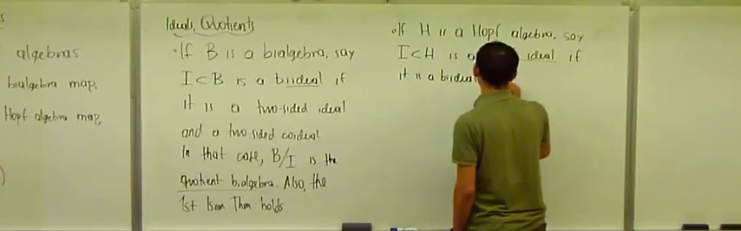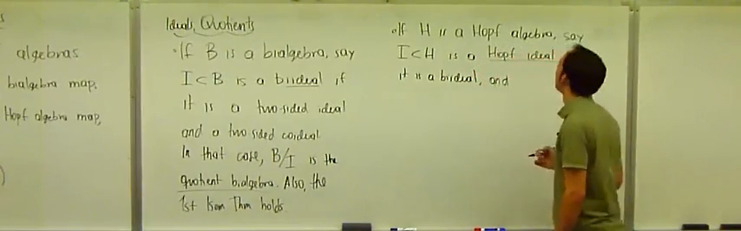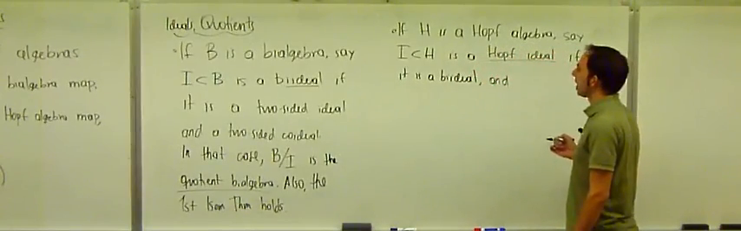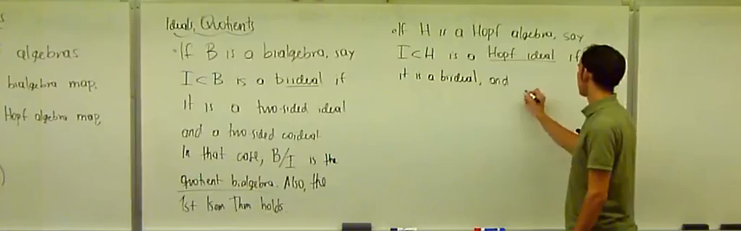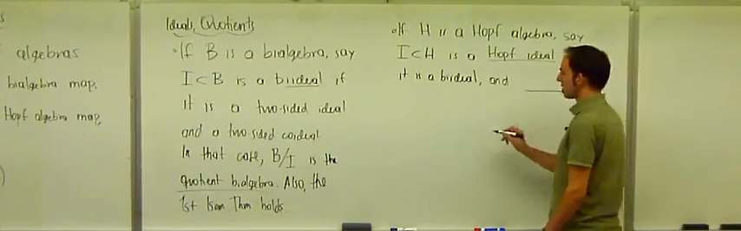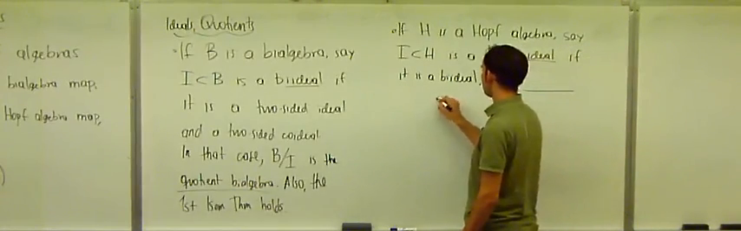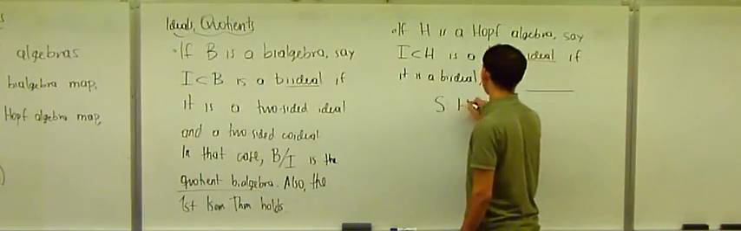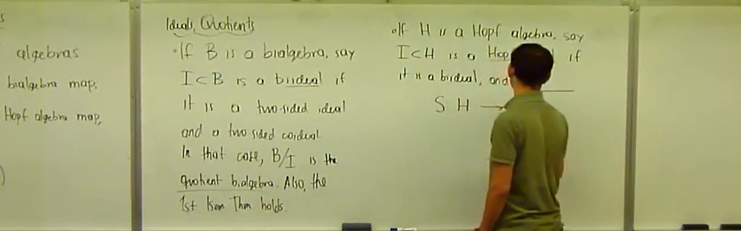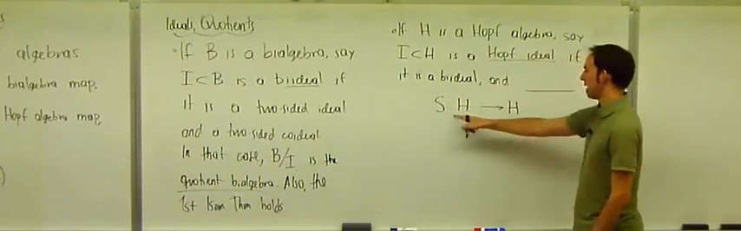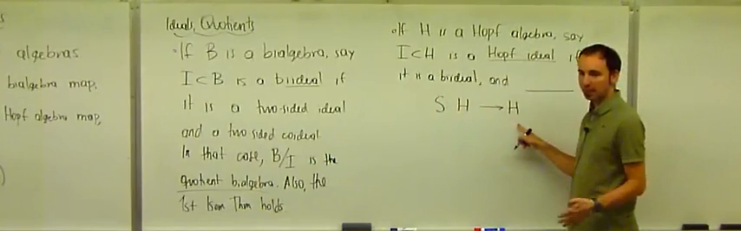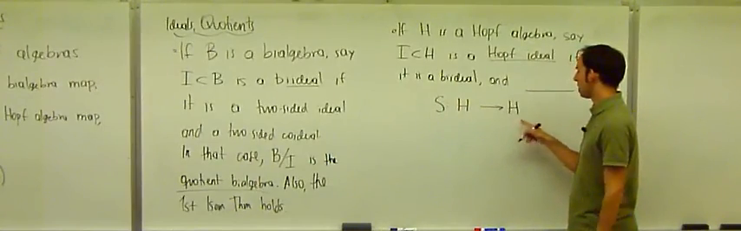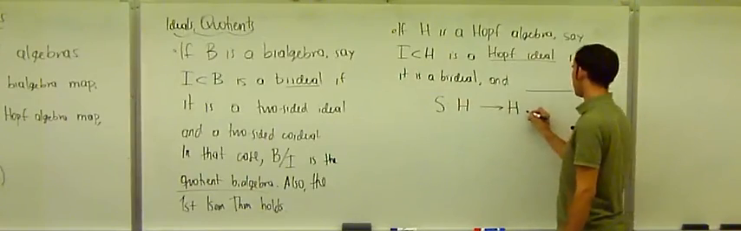And so how are the antipode and I supposed to be related? Well, I'll write the condition in a second, but let's think about what we need. So we have the antipode from H to H, right? And we want to have an antipode on H mod I. Okay? So we need, I mean, one thing we can do for sure is